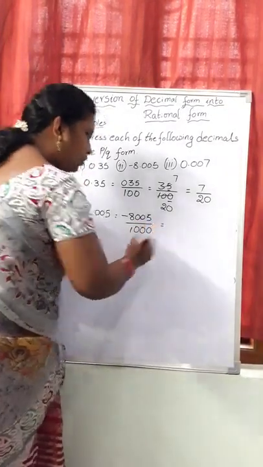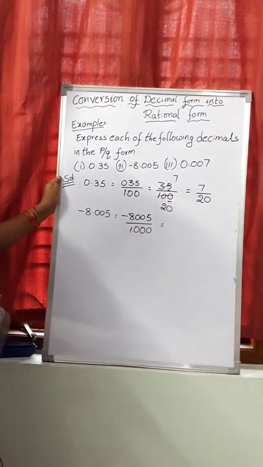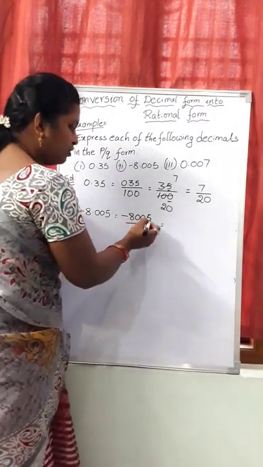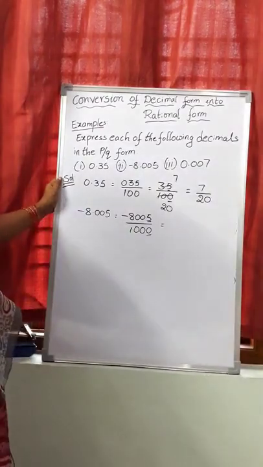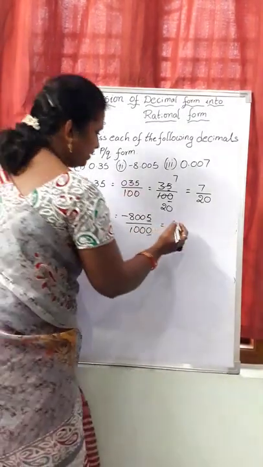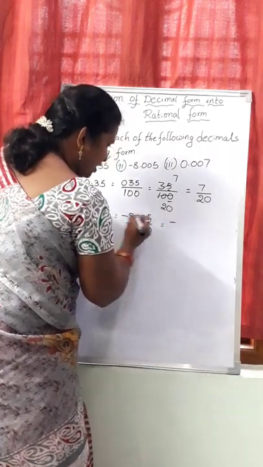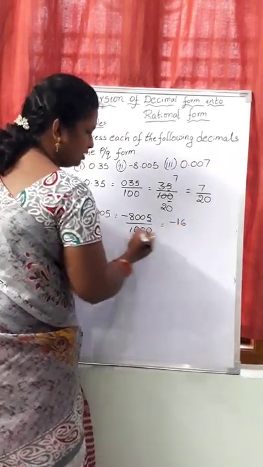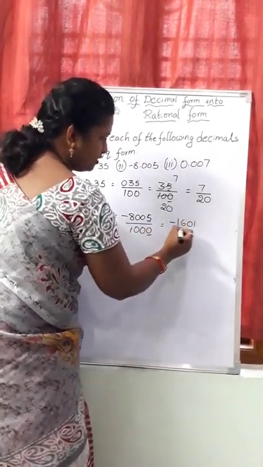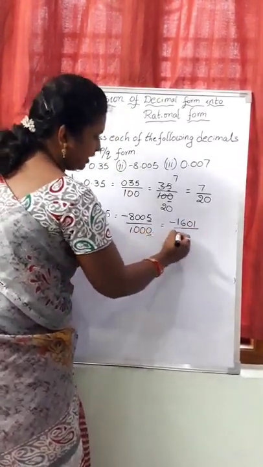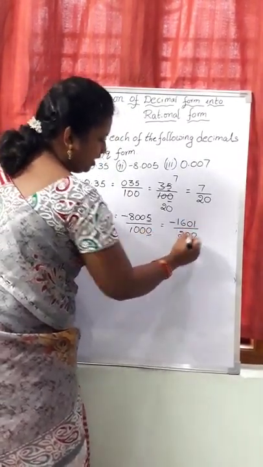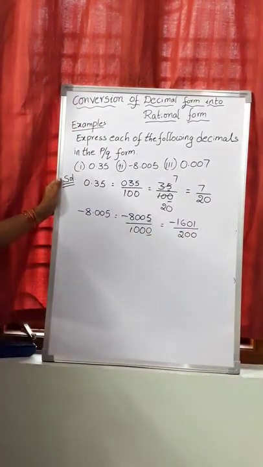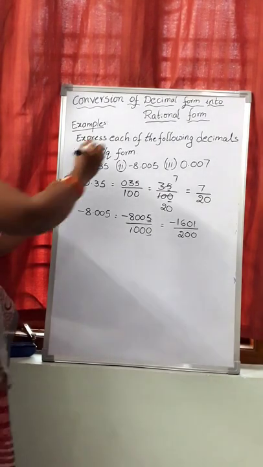But here also we are observing some common factors are there. So once again here the units place is 5, here units place is 0. So we can do the cancellation with the 5 table. So now do the cancellation. This is minus 5 ones are 5 and 3 left here, 5 6s are 30, 0 and 5 ones are 5. And 5 table in 10, 5 twos are 10 and 2 zeros are left. Now the answer is minus 1601 by 200.